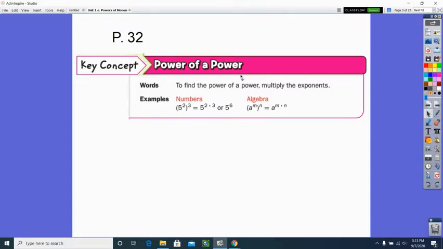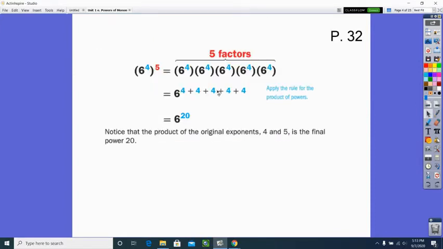I'm going to come back to this example to give you the rule, but let's just talk about seeing it drawn out. So here you've got a power, 6 raised to the 4th power, and then you're going to take that power and raise it to another power. So 6 to the 4th raised to the 5th, almost like a double exponent. If you look over here, there's the 6 to the 4th, and there are 1, 2, 3, 4, 5